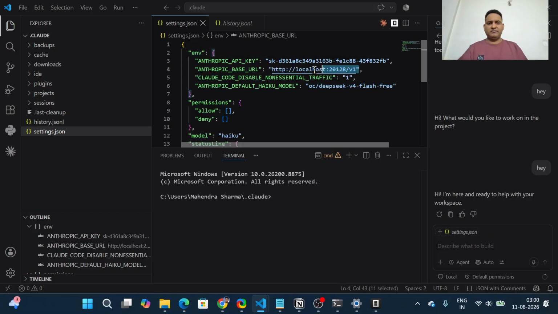For using this base URL, we need some kind of provider, an AI gateway, and we'll have to use that, right? So that I'll tell you. This Anthropic API key, how you will get that also. Basically, in the JSON you will have to make some changes to use Claude in VS Code, right? So how will you do that? For that we have